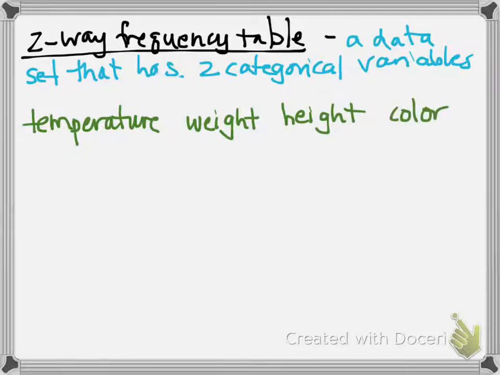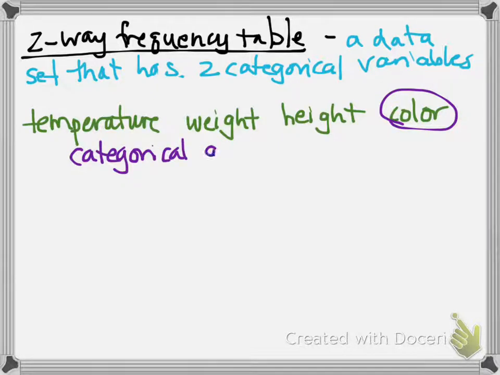Which of these can you not measure in numbers? Chris? Color. So this would be considered a categorical group. Okay, so categorical data would be color, because I don't have numbers that go with the answers I get. I'm going to get words. Okay. All right, let's look at,